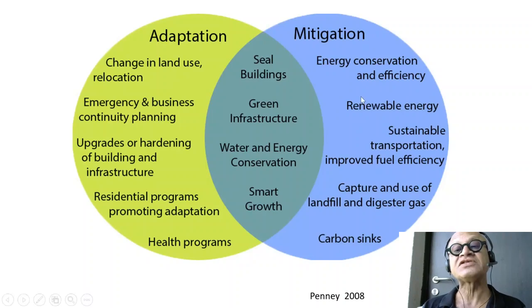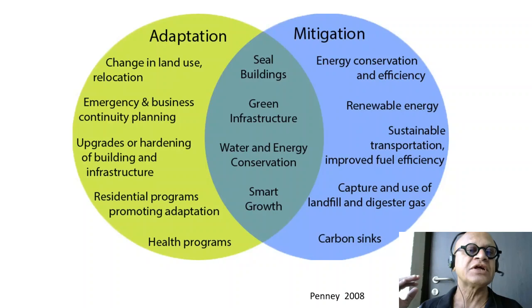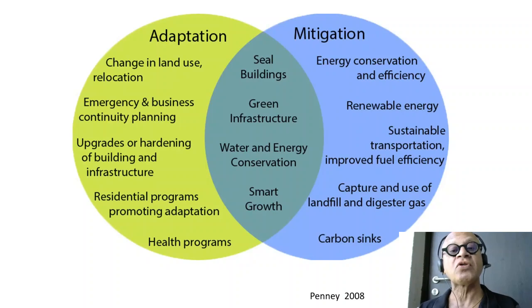So those are kind of things that fall into mitigation, and there is an intersection of these two, where let's say you seal buildings so you avoid energy loss or the heat loss during the winter, and heat coming in during the summer and so on, so you reduce overall energy use. There is also water recycling and so on and so forth. Green infrastructure, in which buildings are built to reduce energy use in the first place.